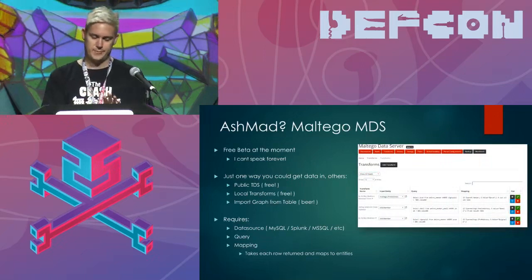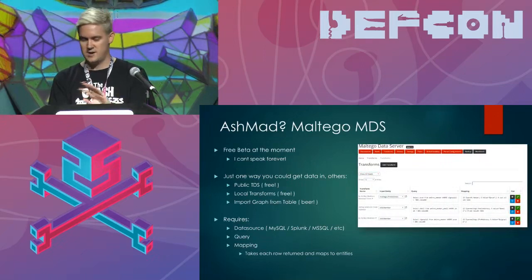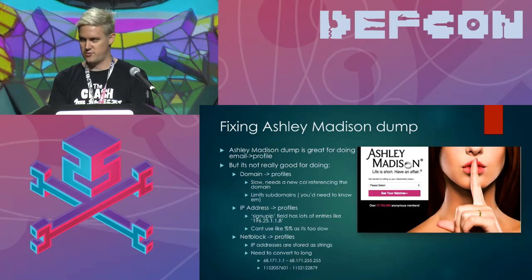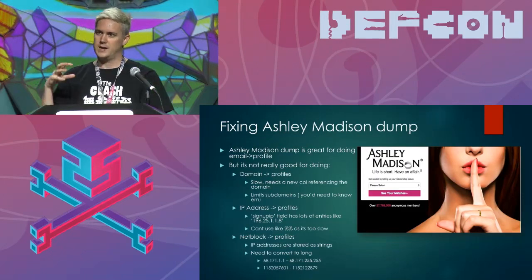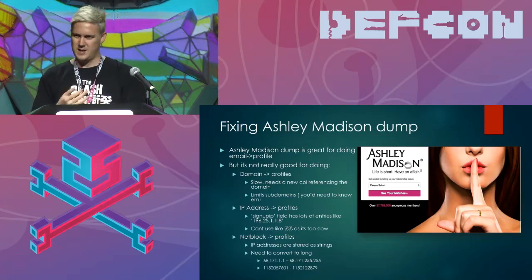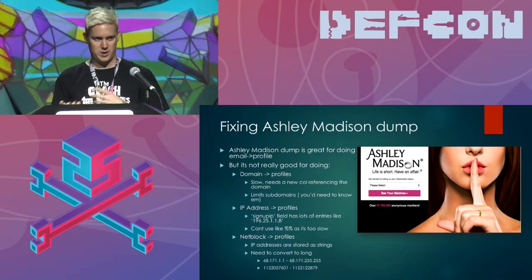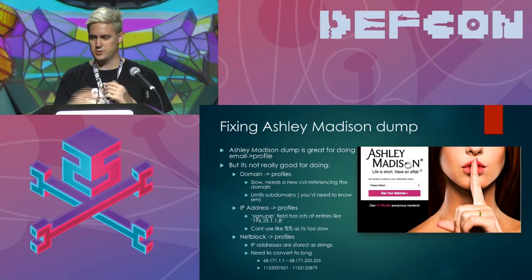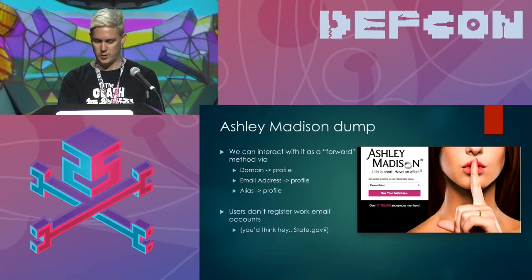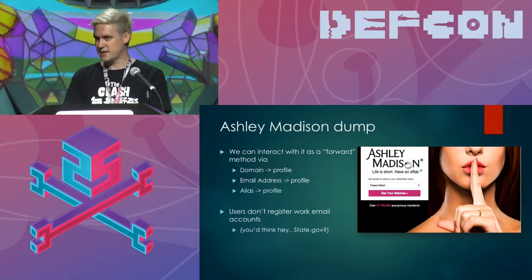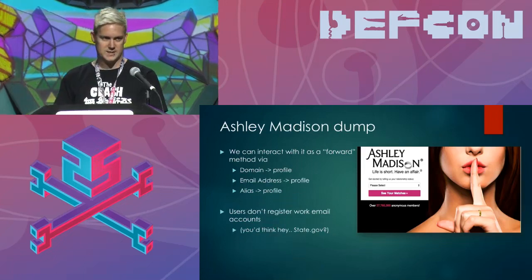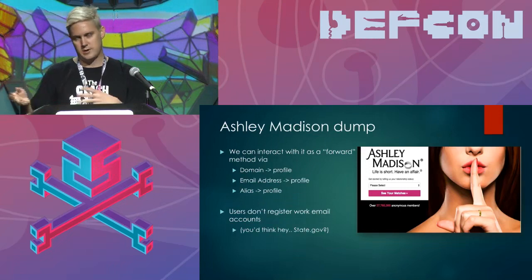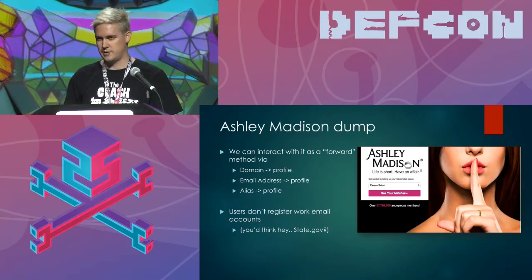You don't actually need to know this slide. The way that gets into the tool, I use a bunch of things. They are free, but that's not really that important. This one, essentially what happens with the database is that they've got fields like email address field or the IP address. But if you want to do what we're doing and say, well, we've got a footprint of a net block, and I want to take that to all users that are in there, you have to convert the net block to long and the IP addresses so that you can use it. So some basic fudging of the data to get it to work. So I'm just going to skip that. But basically, if you're looking at it from a forward method, I can go from a domain to a profile, or an email address or an alias to a profile, and that's fairly interesting, maybe.